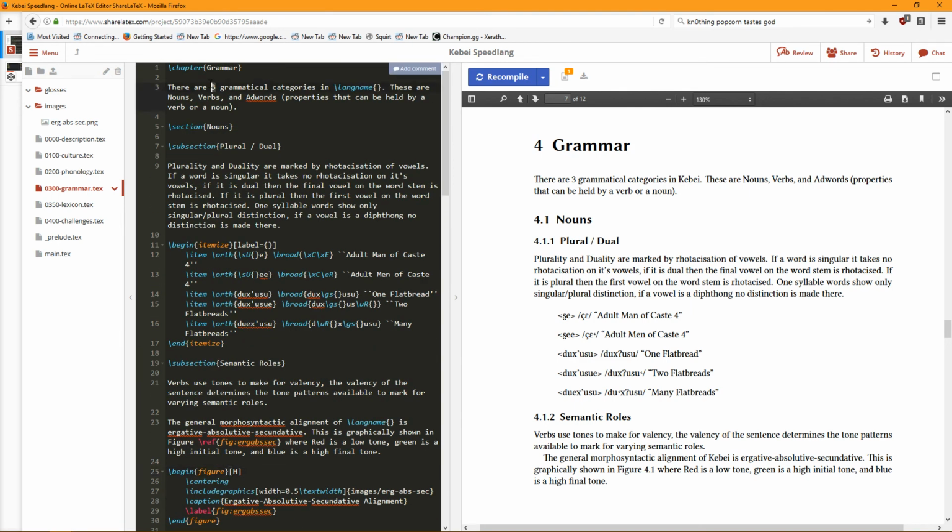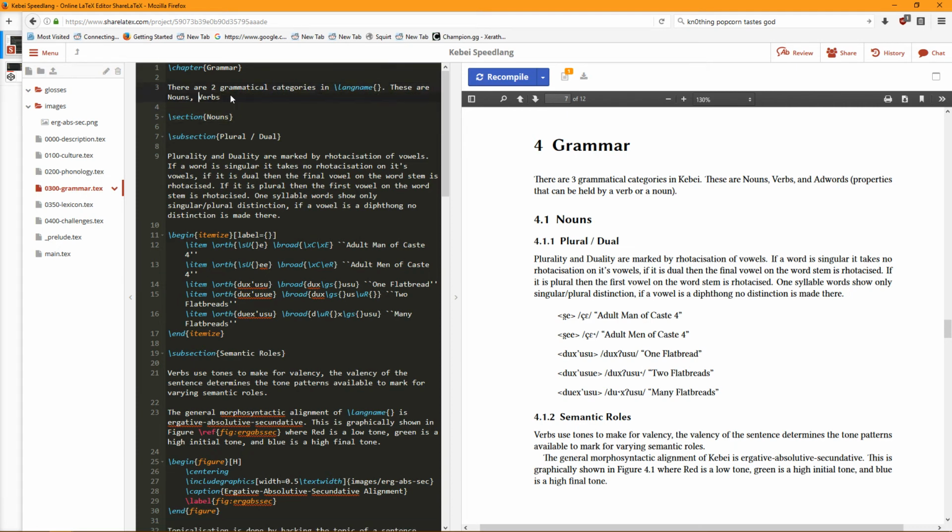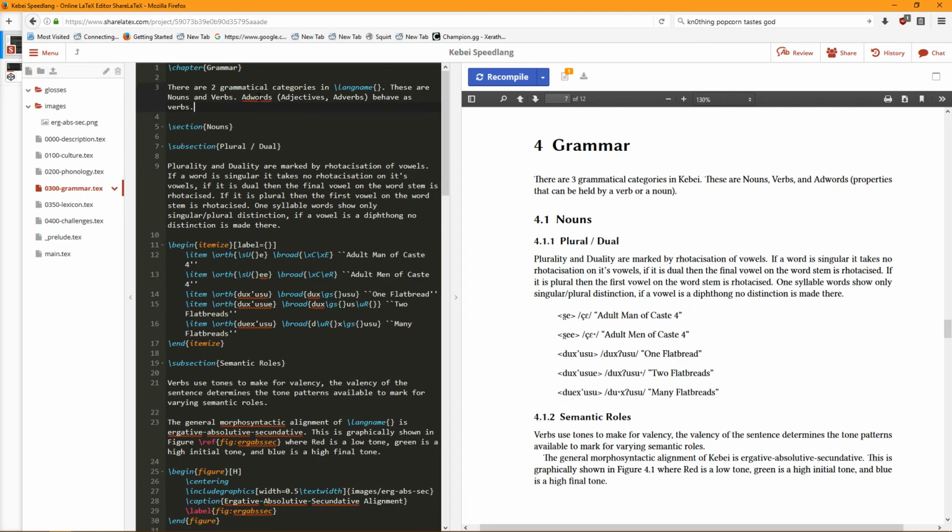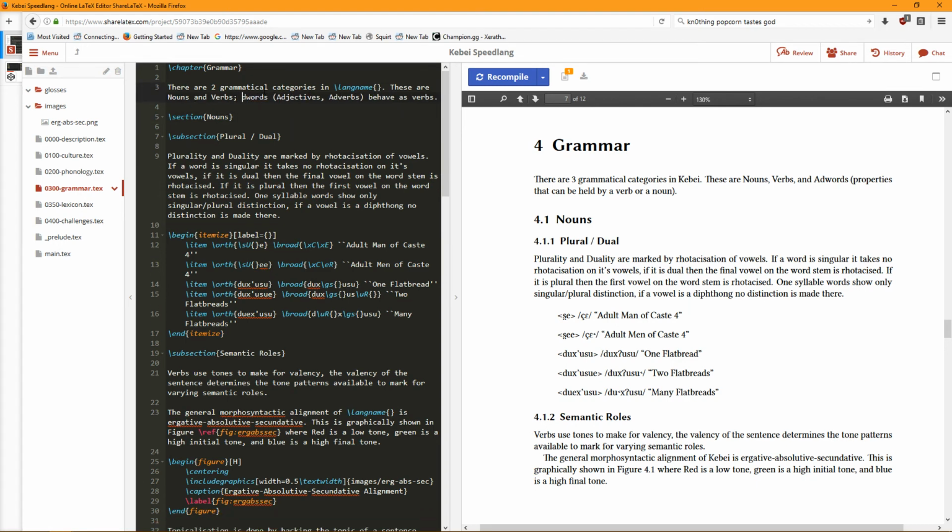Undefined control sequence. Where is the undefined control sequence? That's at least an error I know. Oh, there it is. That is indeed an undefined control sequence. Words, adjectives. It's GL for gloss and not GEN for, I don't know, genitive. Okay. There.